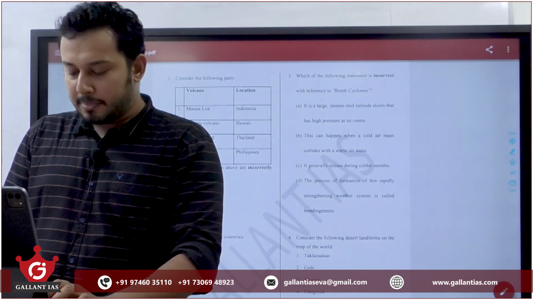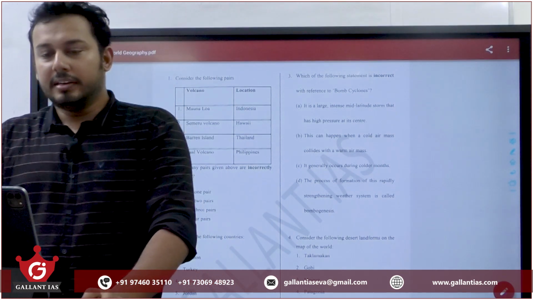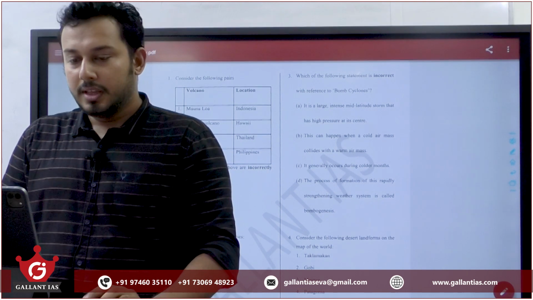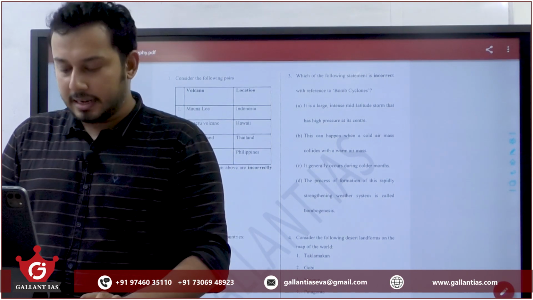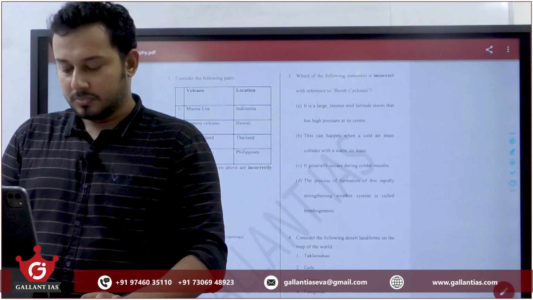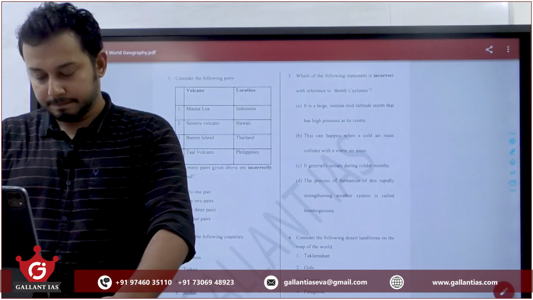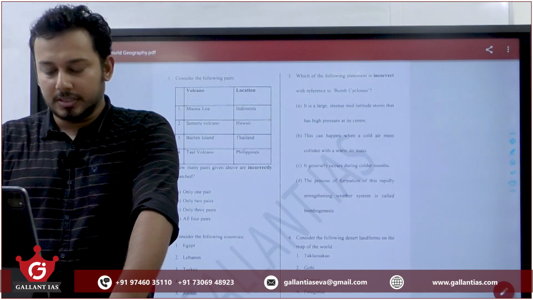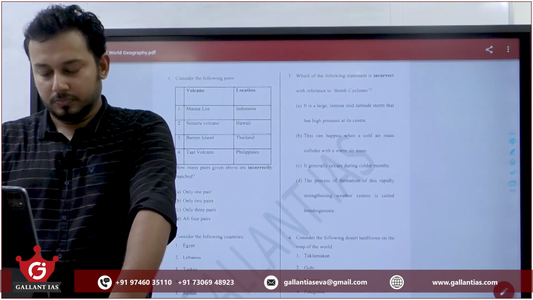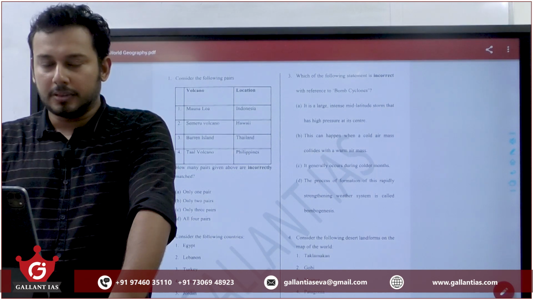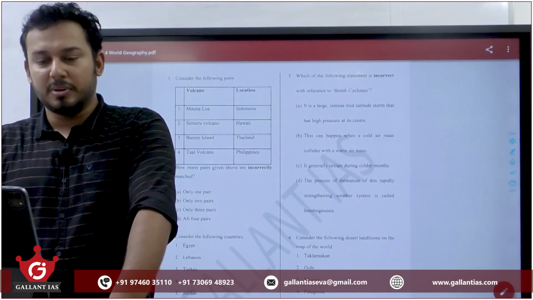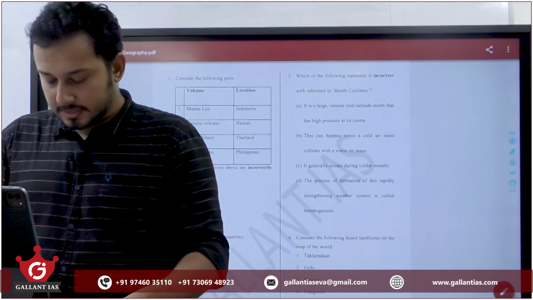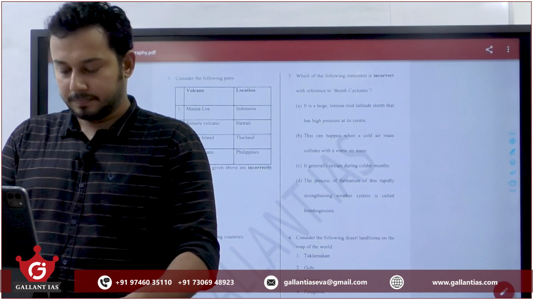Next is again a statement type of question. International date line is an imaginary line that runs from north to south and separates 2 calendar days. It splits Kiribati Island, an island nation in Pacific Ocean. Second statement, right or wrong? International date line passes only through ocean. It does not pass through any of the land. So second statement is wrong. First statement, is it right or wrong? First statement is right. So answer is C.